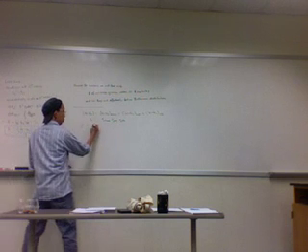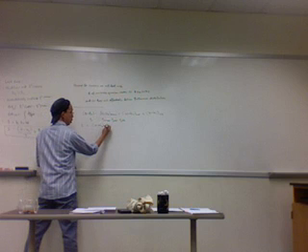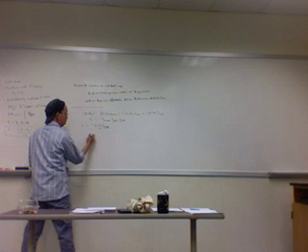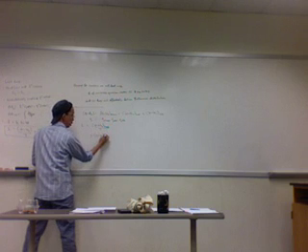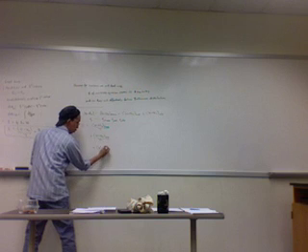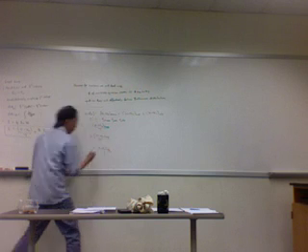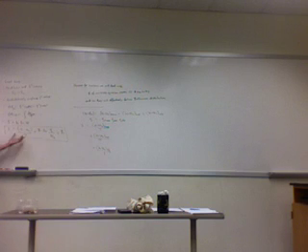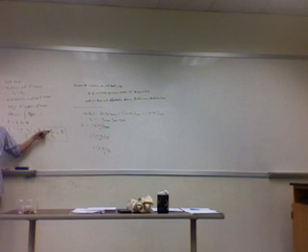Okay? So you can write this as thermal energy of translation over T plus thermal energy of rotation over T plus thermal energy of vibration. That was the first term. Now let's worry about the second term. Q total can be written as